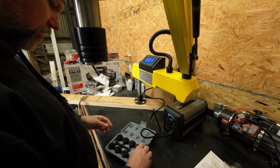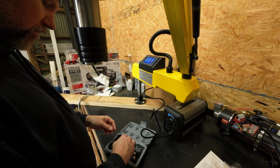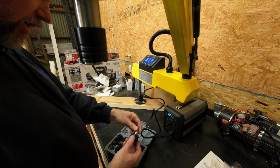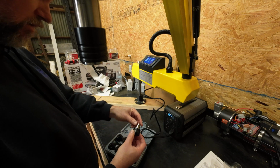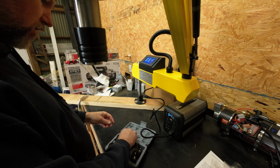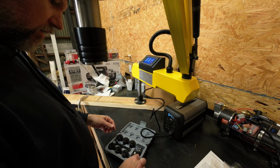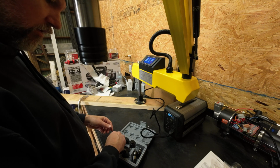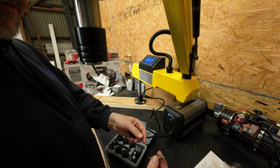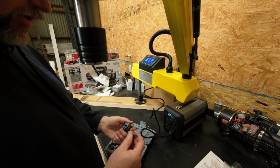M16, we're just going bigger here. M12, M10, M6 to M8, M3, M4, M5. Yeah, I don't know exactly what this means, because generally all my taps have this same like 1/4 inch size end on it, unless you go up to a certain